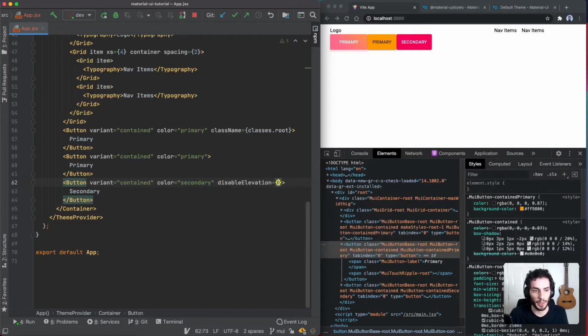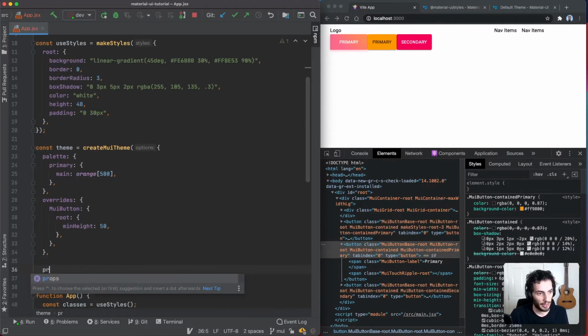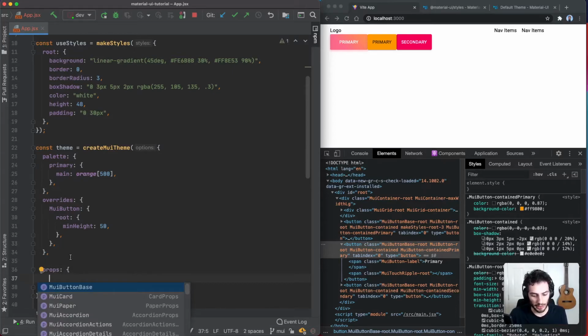So you can add that. Now, I can add this to every single button. But again, this is something I want to do for all my buttons at the top level. So I can go over here. There's that props key. And I can target specific